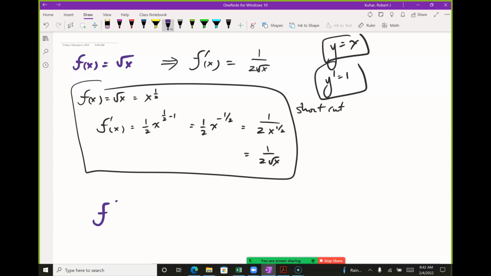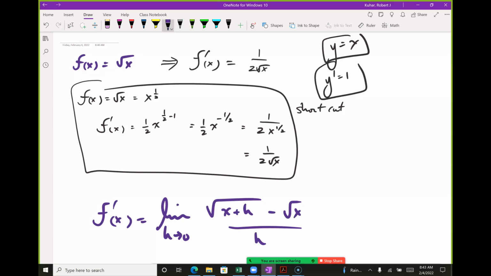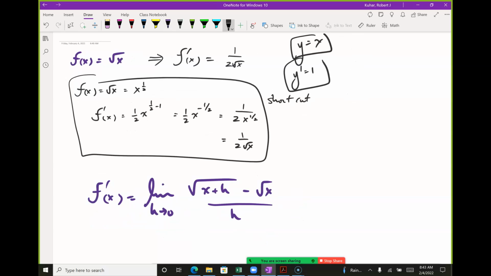So f prime of x is the limit as h goes to 0 of the square root of x plus h, right? I'm plugging in x plus h for the function, subtracting off the original function, and dividing by h. So when I have polynomial over polynomial, I work on things separately. But when I have a radical or fractions, I'm going to get that replacement function right away from